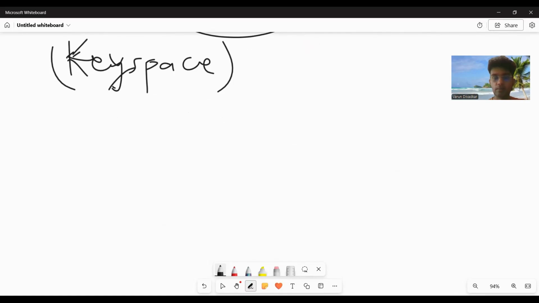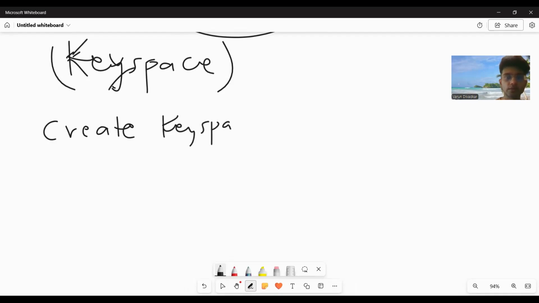So let's say we're having a key space here that talks about a simple strategy. So let's say create key space ABC. So it's a query in Cassandra. Okay, now I'm writing a query. Create key space ABC. So the ABC is the name of the key space